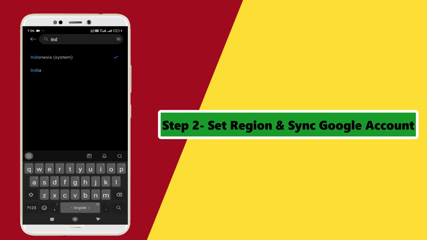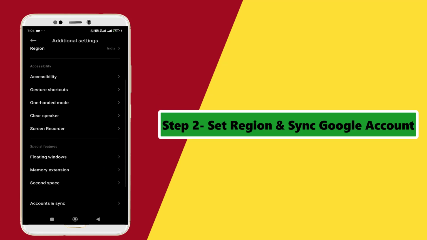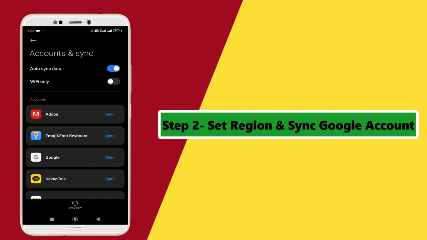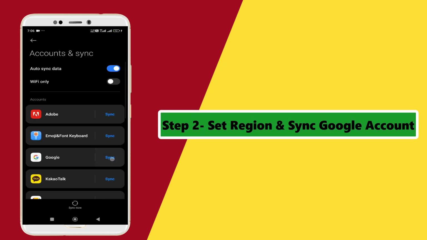Once the region is set, please check your date and time also, and also you need to scroll down. Over there you may see account and synchronize. So please click it. So please synchronize your Google account. Once you synchronize your Google account, please have some patience to wait on it. It seems like 5 minutes it needs to be synchronized. Once it's done, please close it,